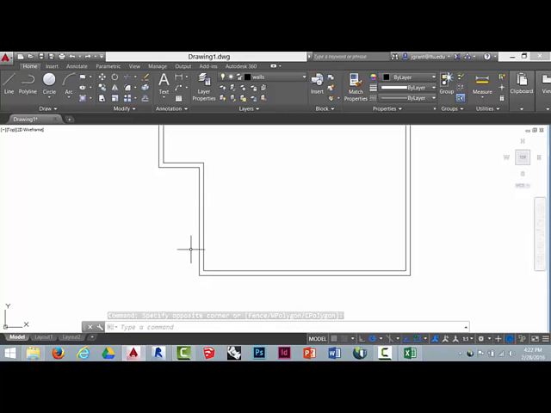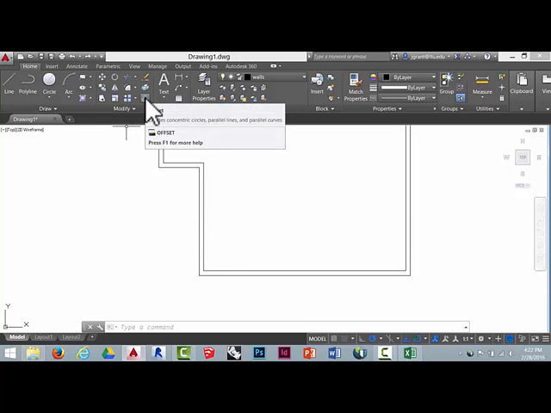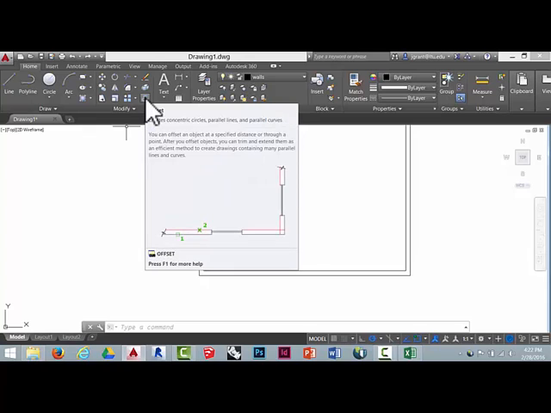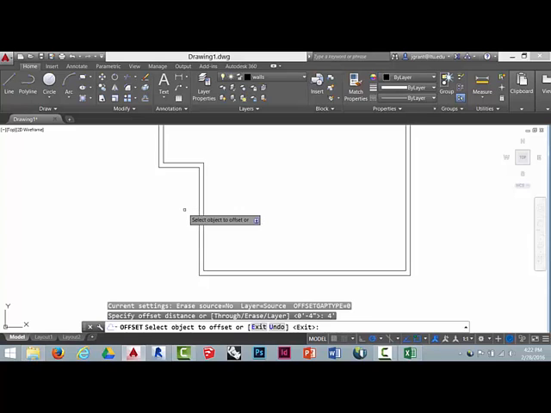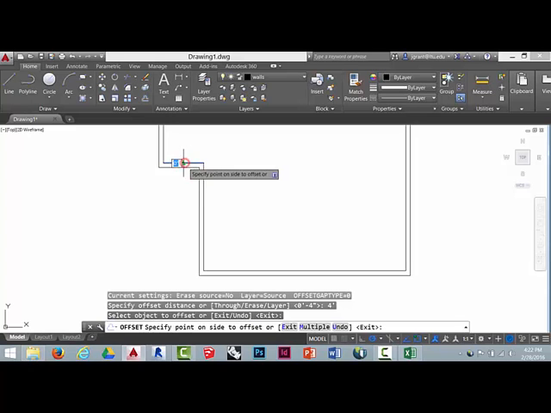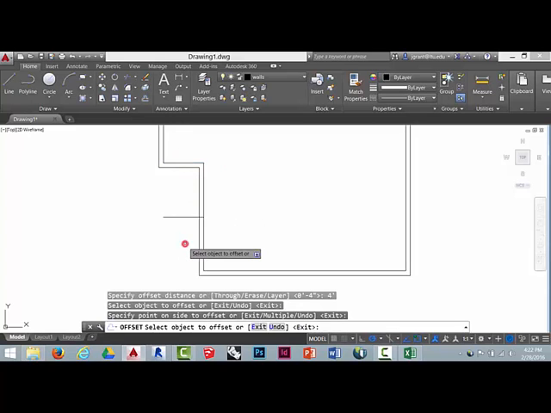So now if we'd like to put a door opening here, we can offset these walls to establish the opening. So I'm going to go ahead and start the offset command. You can type in O if you'd like and enter. I'm going to type in 4 feet and enter, 4 apostrophe and enter. And I'll click on this inside small line and then pull my mouse down and click. And now if you want to go back to offset and type in 3 feet and enter, you can, because